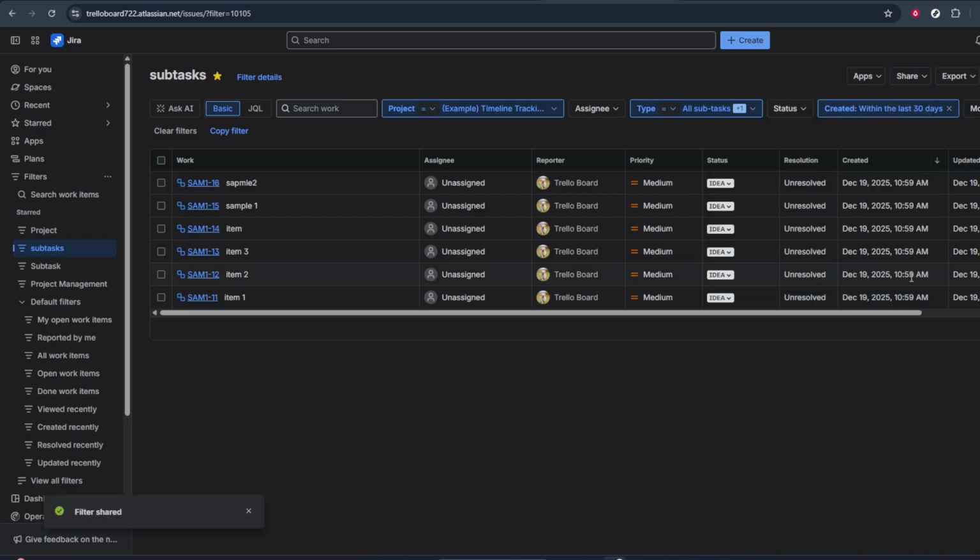Alternatively, after filling in all the details and confirming that the visibility is correct, you can click on Share. This saves your sharing settings and makes the filter available to the people or groups you selected. From that point on, they'll be able to access the filter directly from